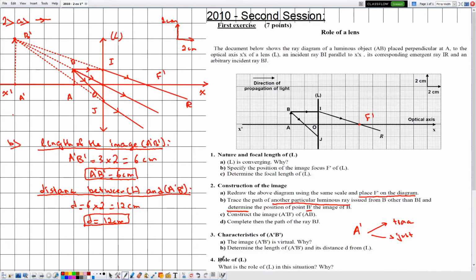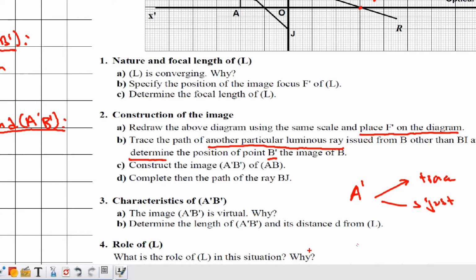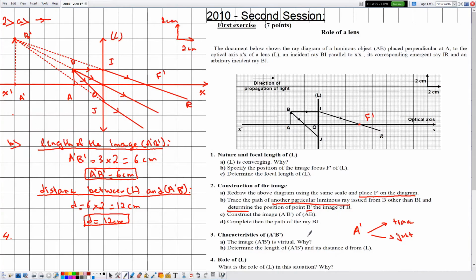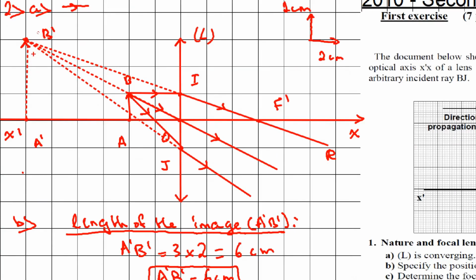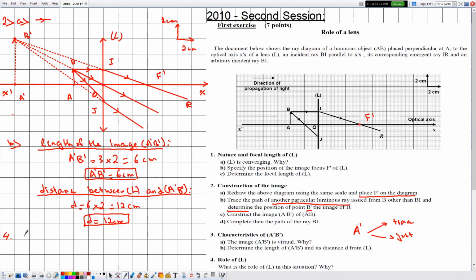So now we have reached part 4. They are telling me the role of L. So what is the role of L in this situation? Always the role of the lens can be determined from the properties of the image. So first of all, here the image is virtual. And the image A prime B prime is larger in size compared to AB. So it is larger. And whenever the image is virtual and larger, this means that the role of the lens is a magnifier. Then let's say since the image A prime B prime